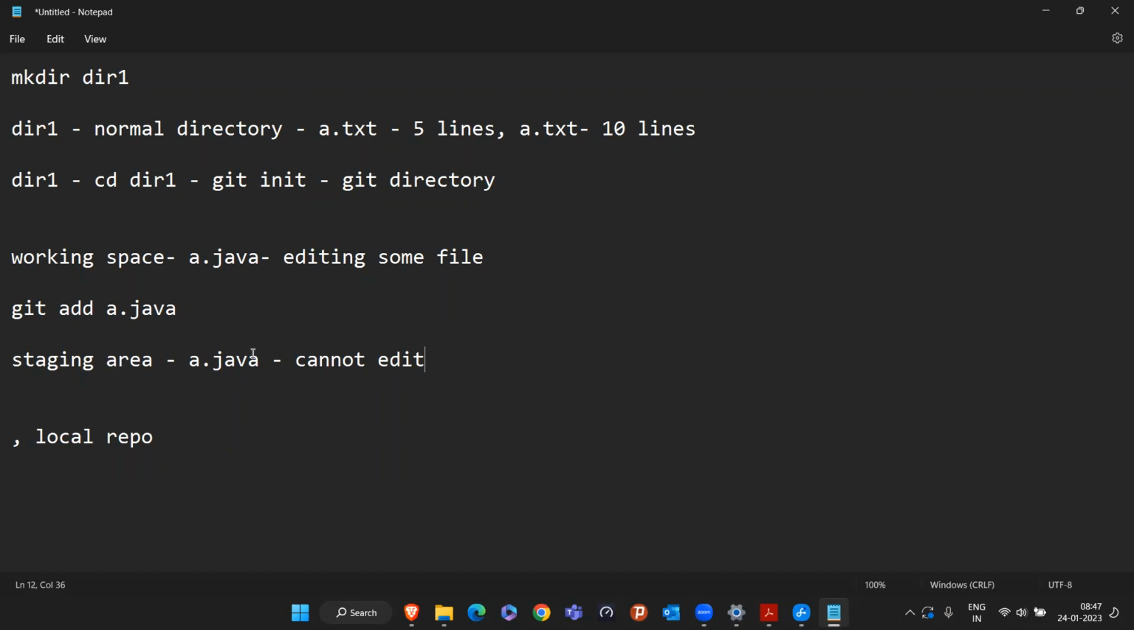If you want to make changes in your file, you have to keep your file in the working space. But once you hit the command git add a.java, this file is moved to the staging area. Now you cannot edit it. This file is frozen. Once this file is frozen and has come to the staging area, then you have to move this file